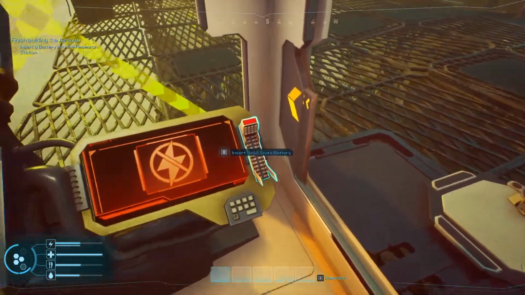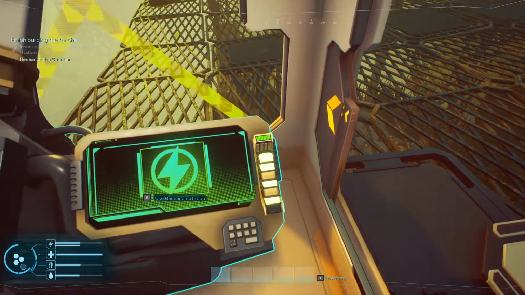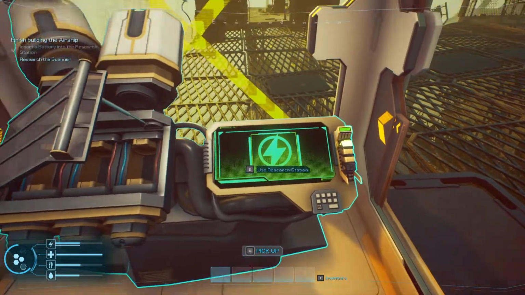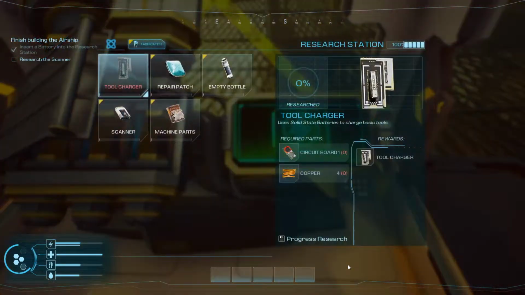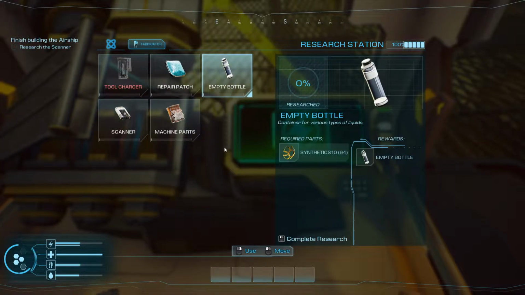Now we need to insert a battery into the research station for it to work. We've done that. We picked up 2 of them. And now we can research things. So if we open this up, it tells us we need to research the scanner. Now, the scanner is something we need to do to progress the storyline. But before we continue at this point, I just want to take a moment and look at the other things